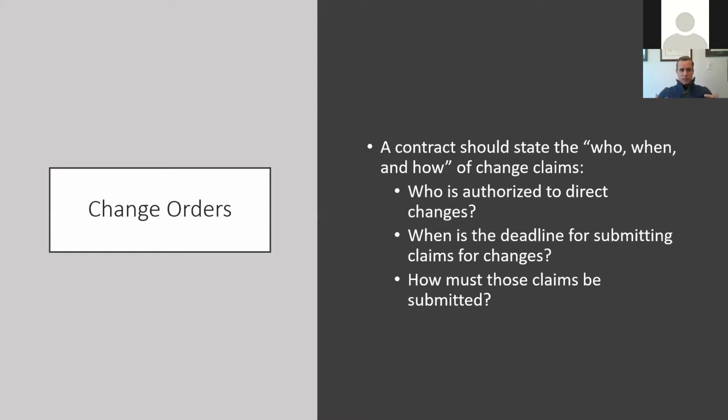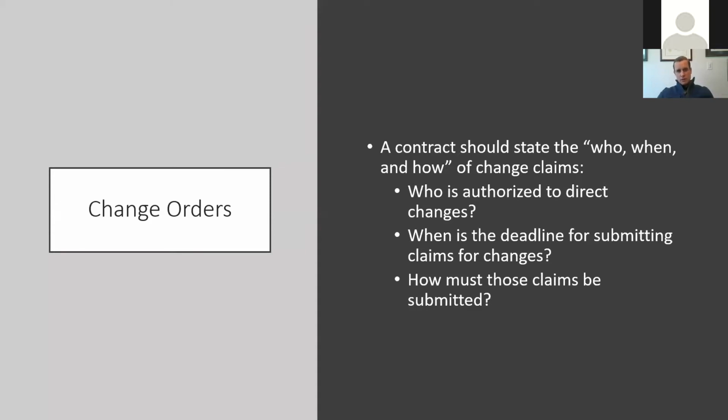And so it needs to be clear who exactly has the authority to direct me to do something different than what the contract calls for, or who has authority to say that they will pay for something. Because if it's some Joe Schmo out on the project and they direct you or authorize you to do work, and that person didn't have any real authority to do that,